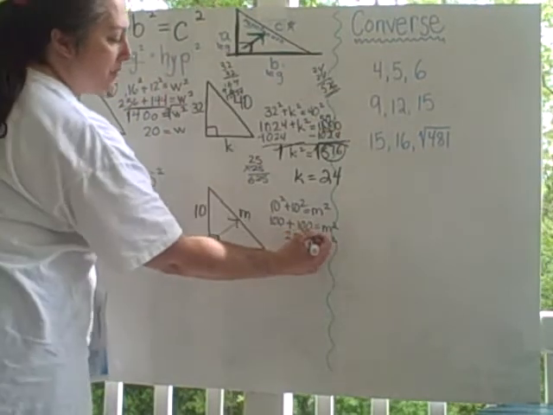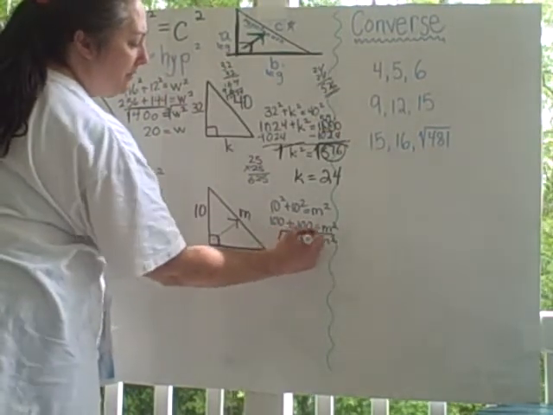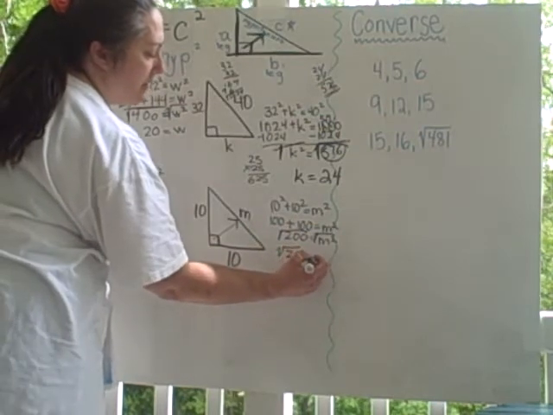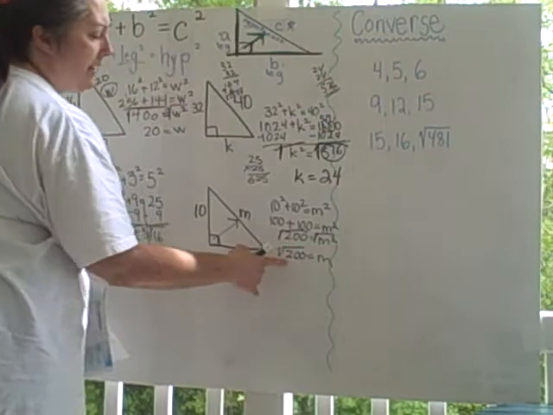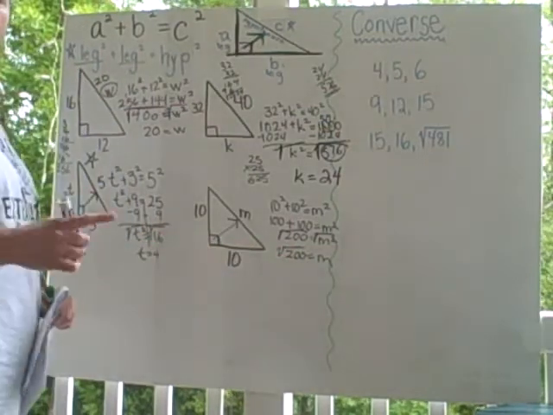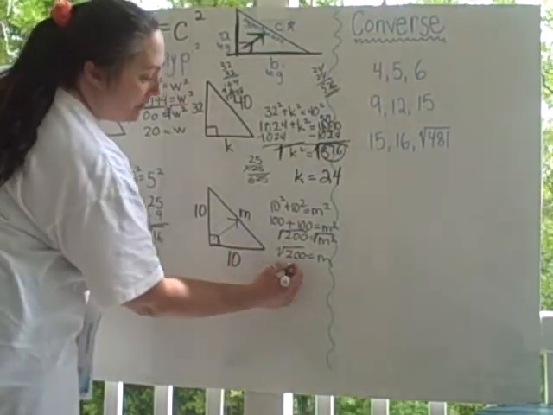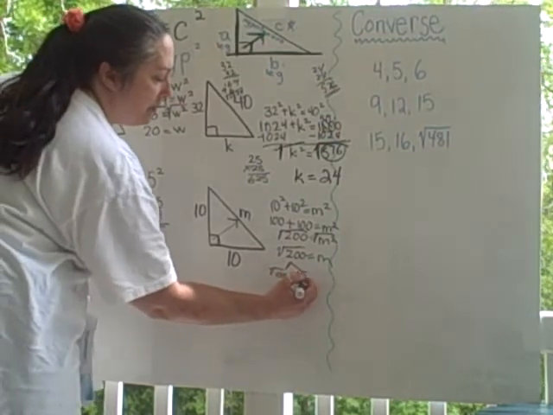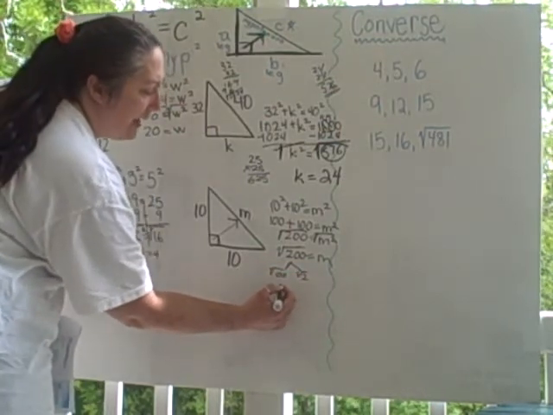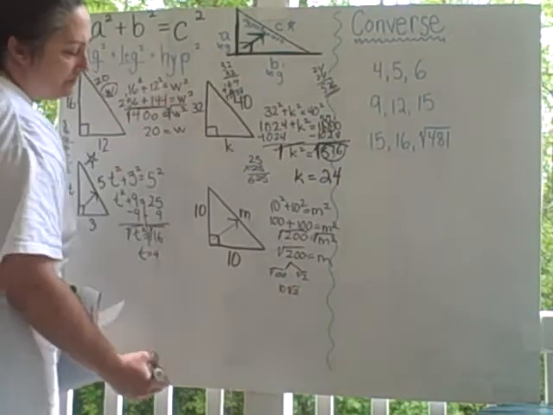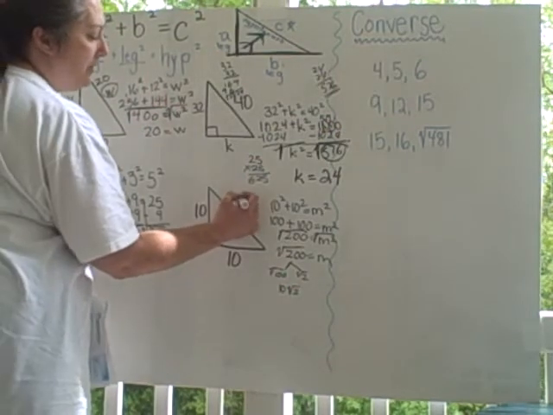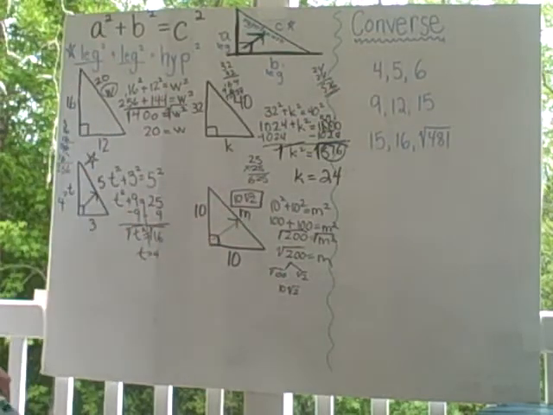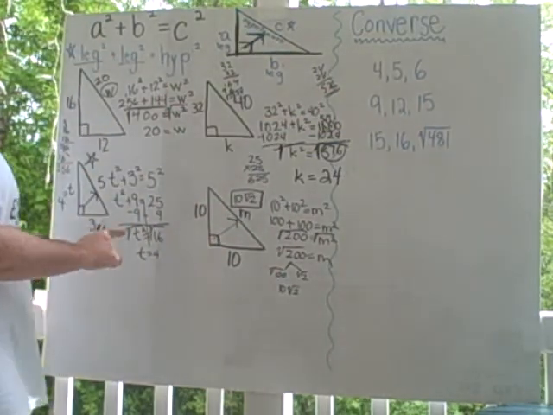Undoing the squaring operation, I take the square root. And here I have the square root of 200, which equals m. I've got to make sure I simplify any square root that can be simplified. Remembering how to do that, it's the square root of 100 times the square root of 2, which is then 10 square root of 2. M equals 10 times the square root of 2. Next, we're going to talk about